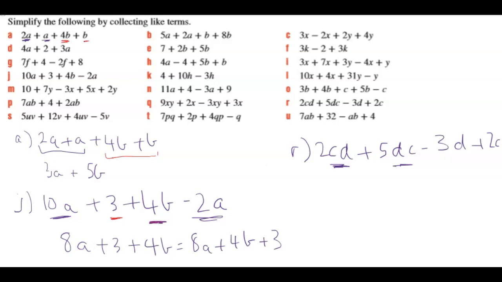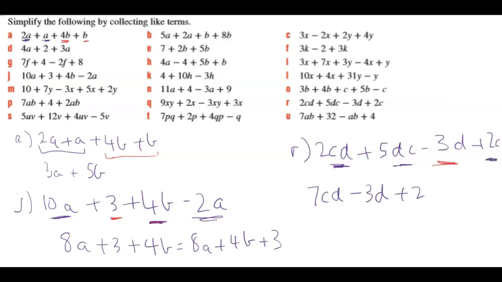Okay, let's just underline the others. So here we've got negative 3D, nothing to add that to. So I'm just going to leave that on its own. And then we've got 2C here. Okay, so let's add them together. Now, when you're writing your pronumerals, it's a good idea to put them in alphabetical order. So we opt for CD, not DC. So we've got 2CD plus 5CD, so we're going to have 7CD. And then minus 3D